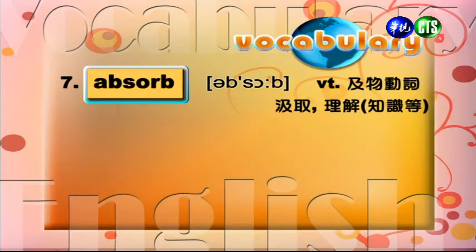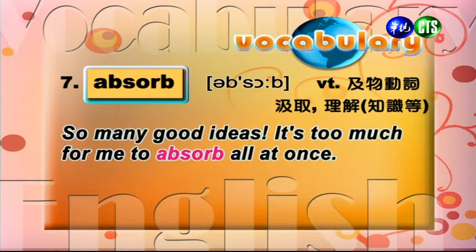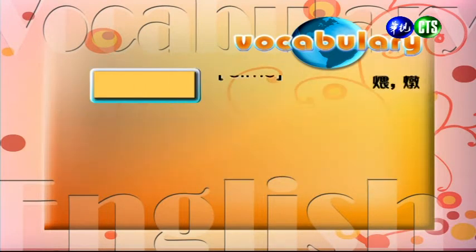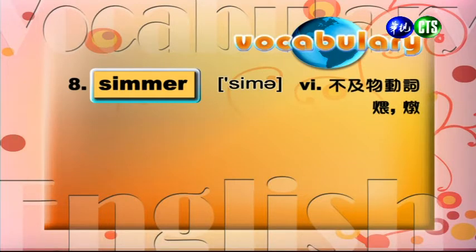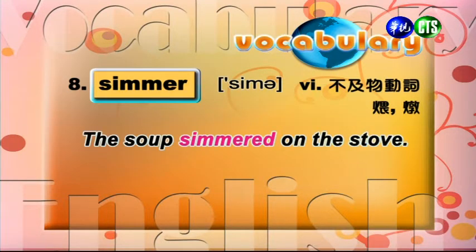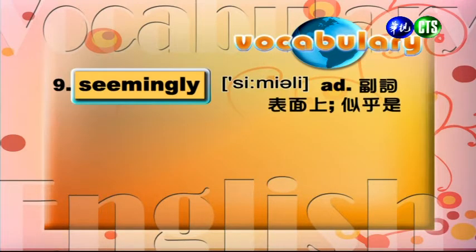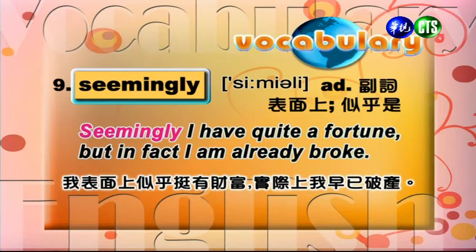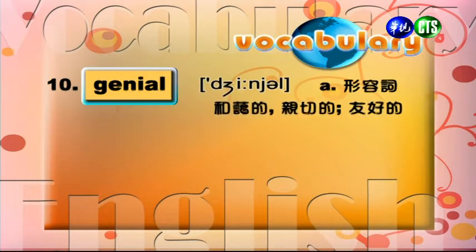Number 7, absorb, verb. 动词汲取、理解、吸收。 So many good ideas, it's too much for me to absorb all at once. 有这么多好主意，太多了，很难一下子完全吸收。 Number 8, simmer, verb. 动词煨、炖。 The soup simmered on the stove. 汤在炉子上炖着。 Number 9, similarly, adverb. 副词表面上似乎是。 Similarly, I have quite a fortune, but in fact, I'm already broke. 我表面上似乎挺有钱，实际上我早已破产。